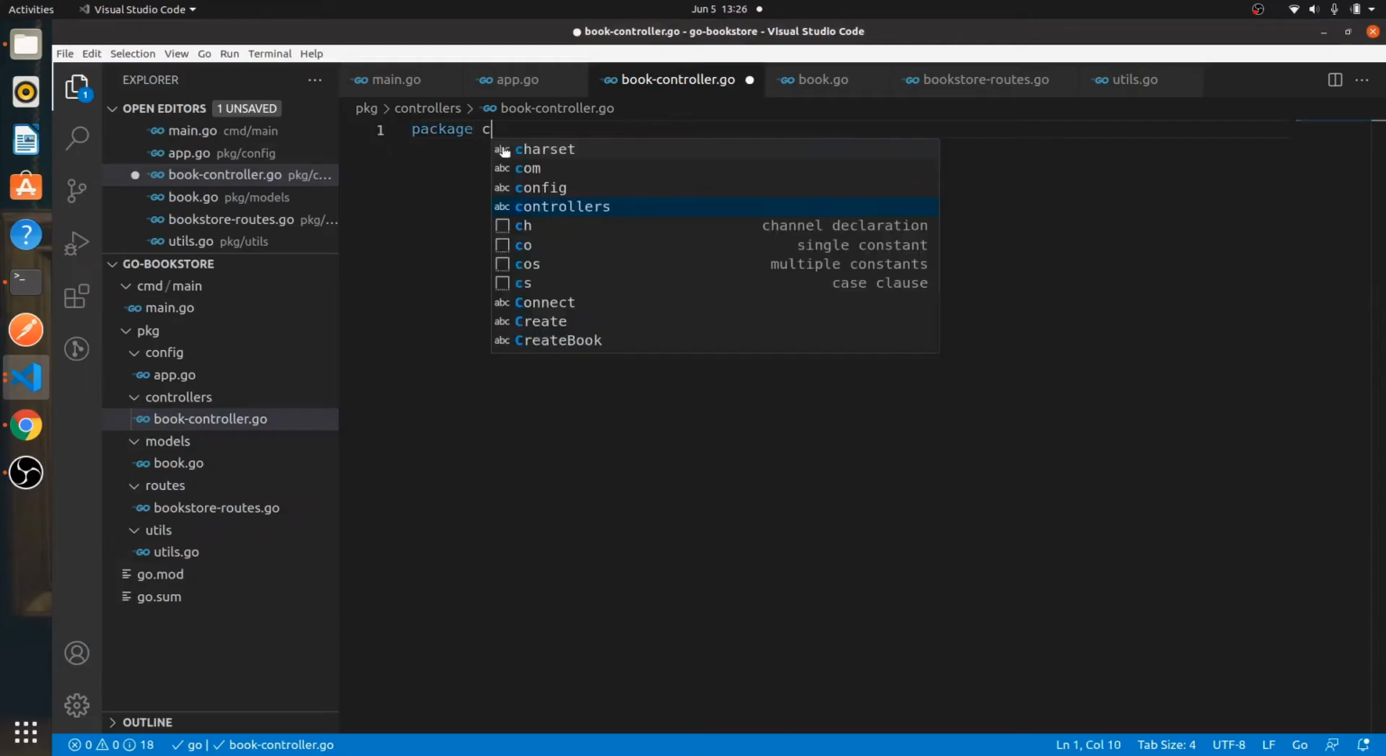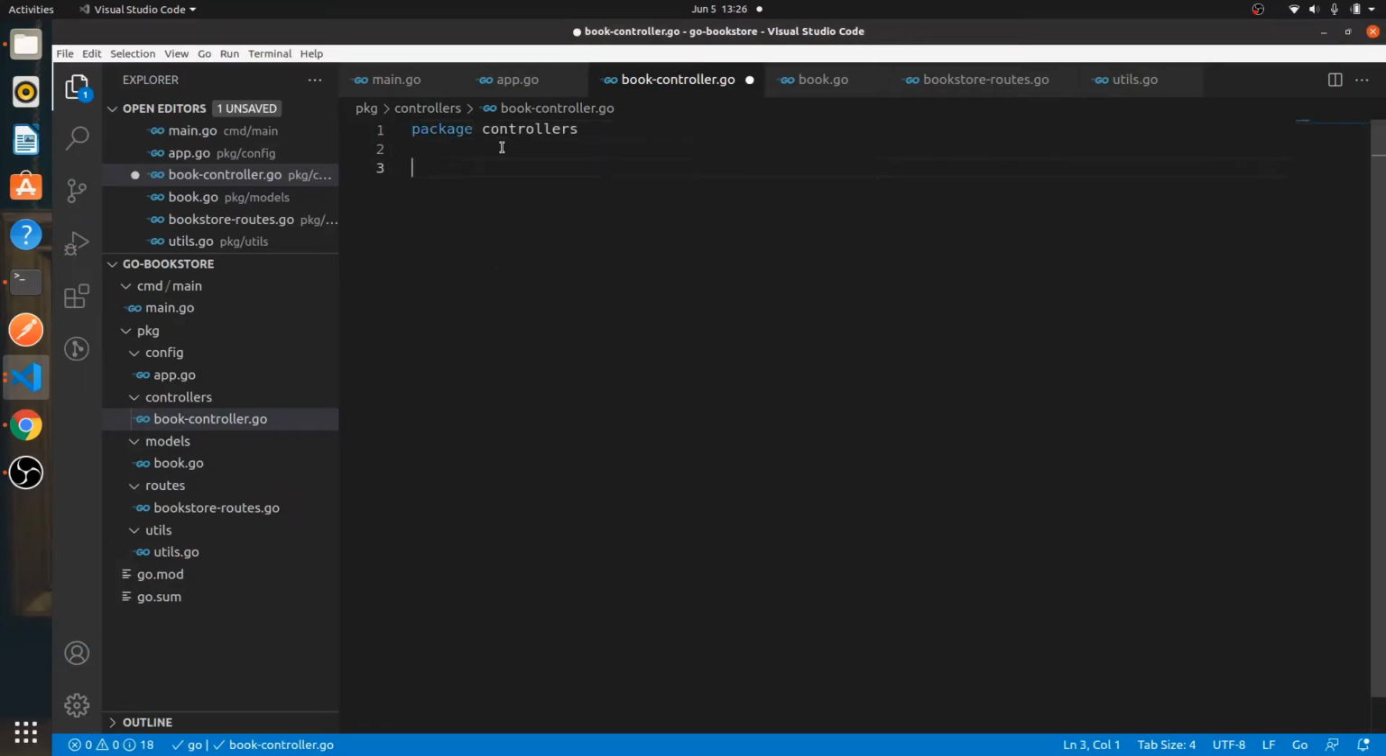So we have package controllers, and then we're going to import the packages that we need. So I know that I want to use encoding/json package,